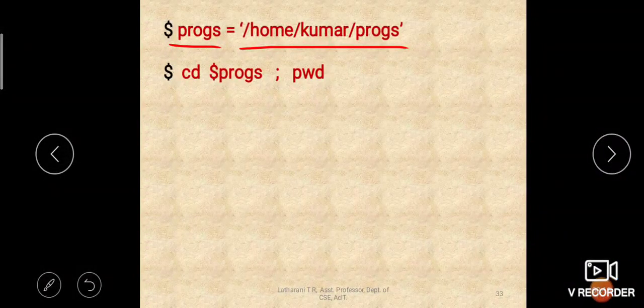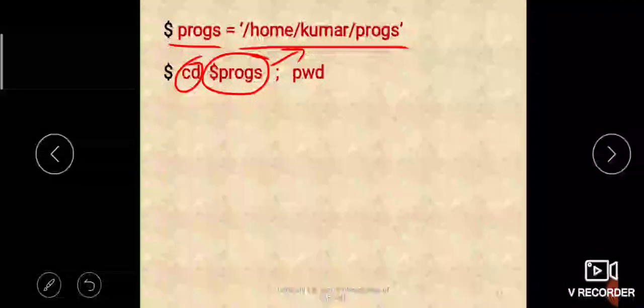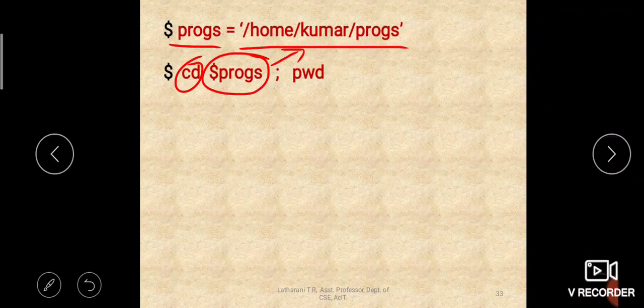When you say cd $programs, what will it do? cd is for change directory, right? Our current directory will be changed to this variable's value. What is this variable's value? This path, /home/kumar/programs.